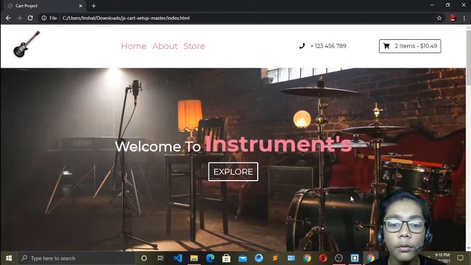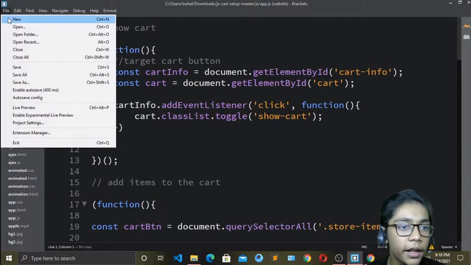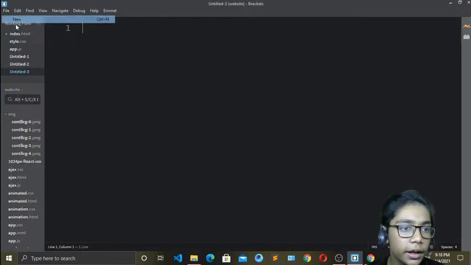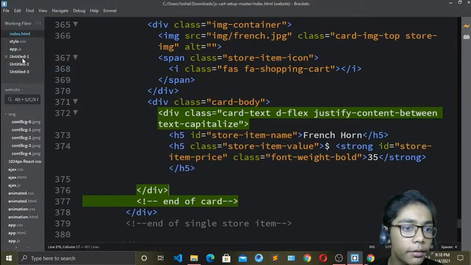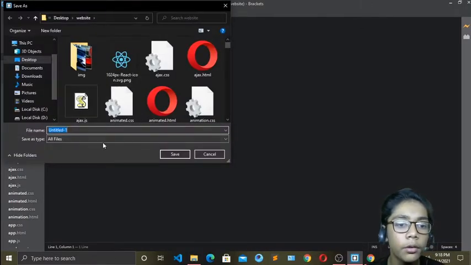First of all you have to open your text editor, which is called Brackets. I will open that from here, and over here you have to go and take the new file so we can do our work. First of all I will hit save, and go to save all, because we have to save our file first for doing our work.